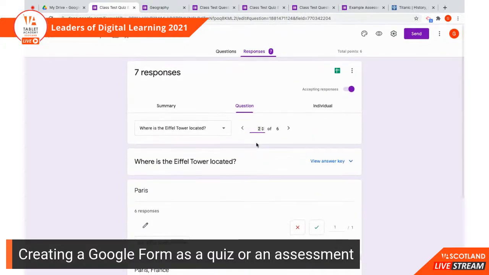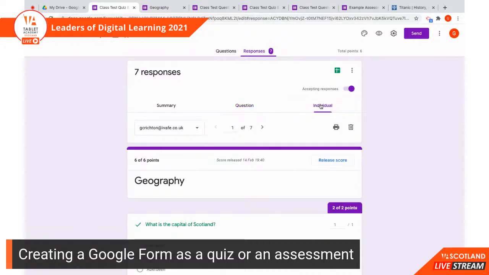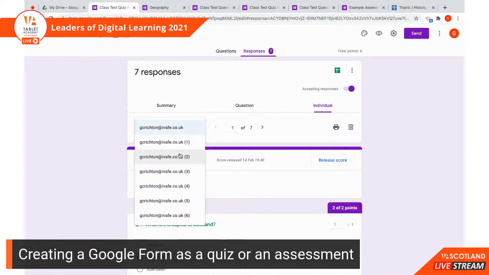Now, back to the top again. As we said, we can go through the different questions, or we can now look at the individual responses. So we might decide we want to go and look at what pupil A put in. So we click on individual, and from the drop-down menu, we've got a range of different learners. Obviously, it's just me multiple times. So we'll click my third response,